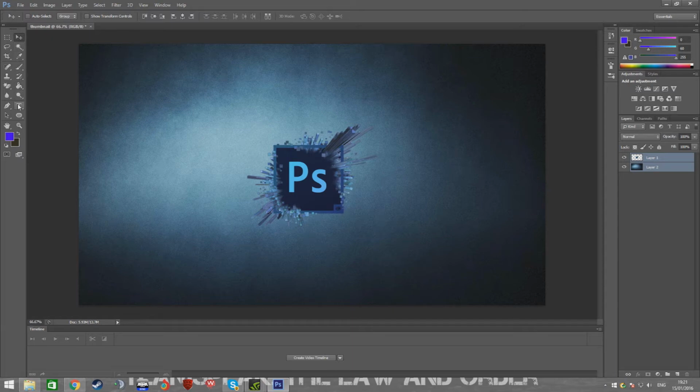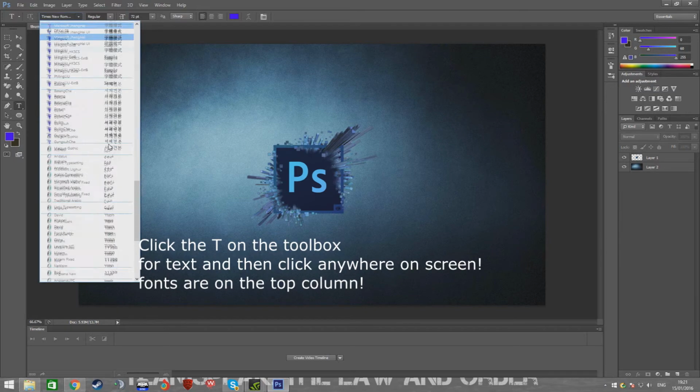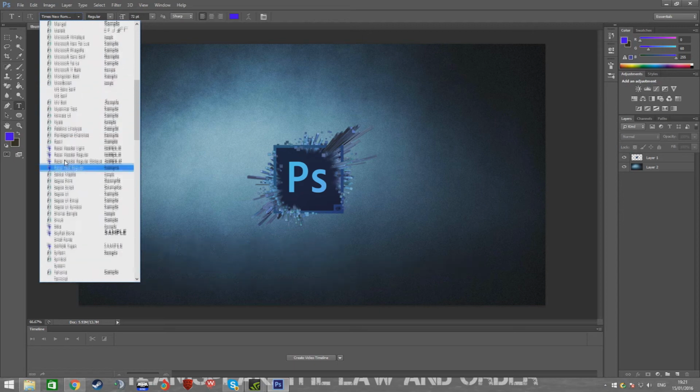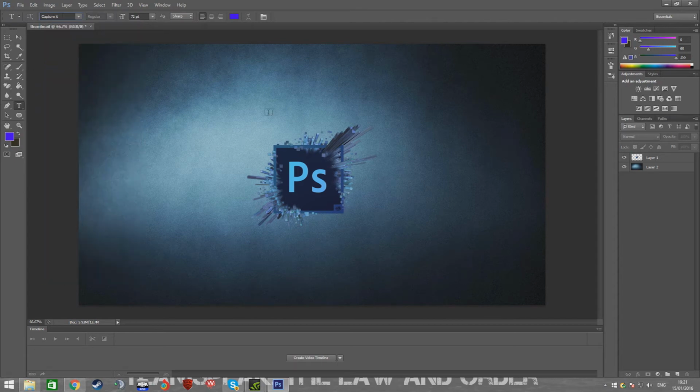So what we want to do is grab a new text layer. This will automatically create a new layer. So pick any text you want. These are all default, by the way. I've got some fonts that I've downloaded. So what you can do is click anywhere on screen, like so, and I'll call this